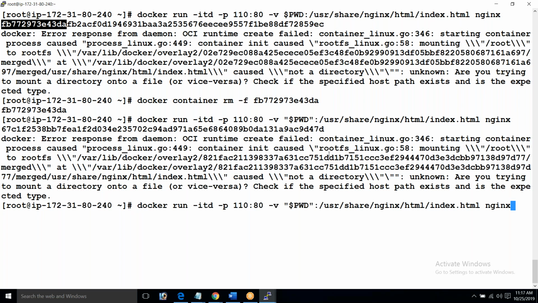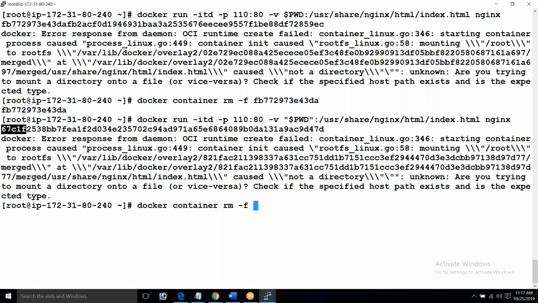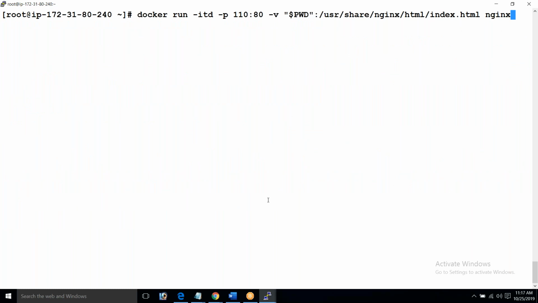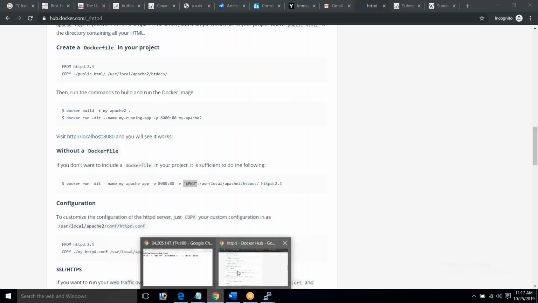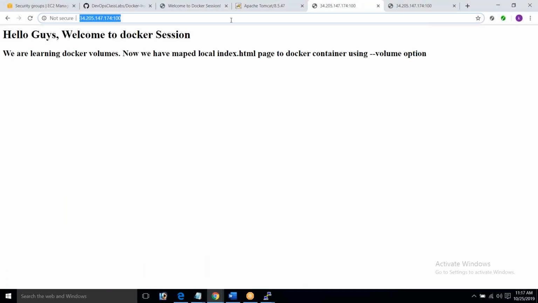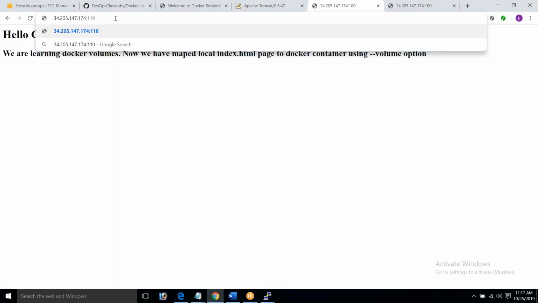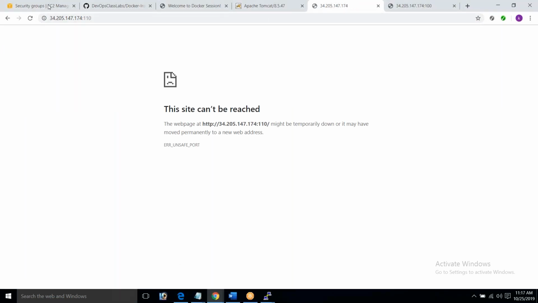When I'm doing this, what is that? 100, right? 110. Did I open the port?